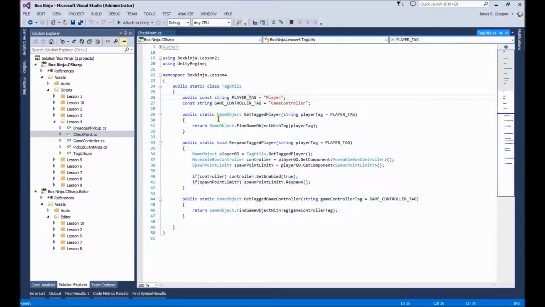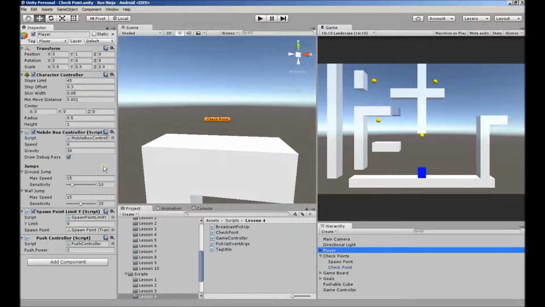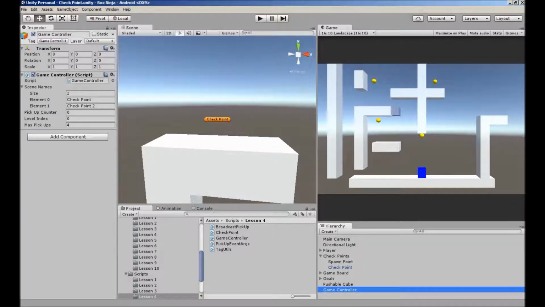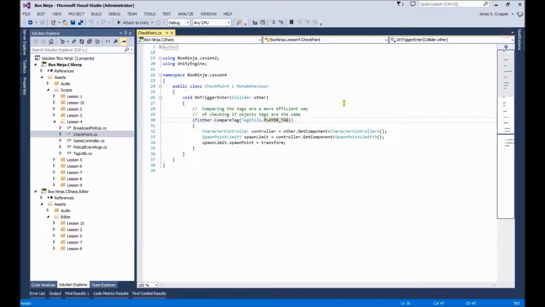The player tag we use outside this lesson and outside this class, so it needs to be public. Since we're in the tag utility, we have the player assigned and the game controller assigned. Coincidentally, these are standard in Unity, so you didn't need to create them. Okay, and from our tag utility,